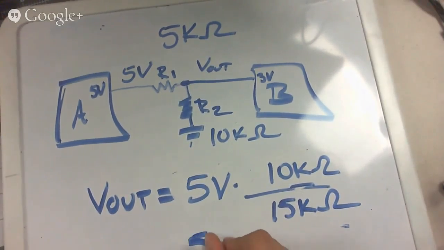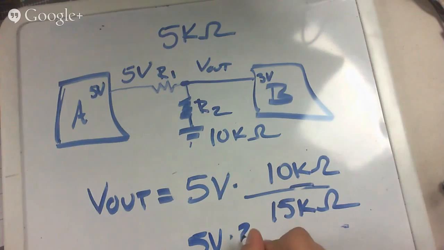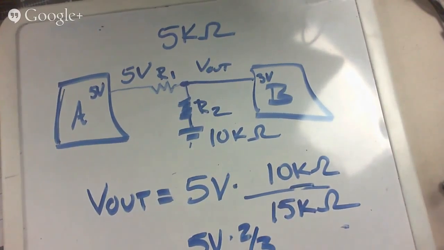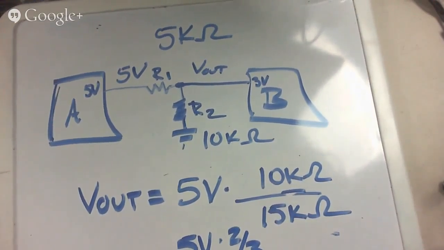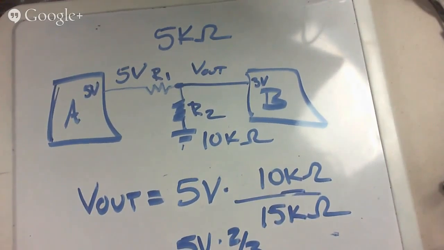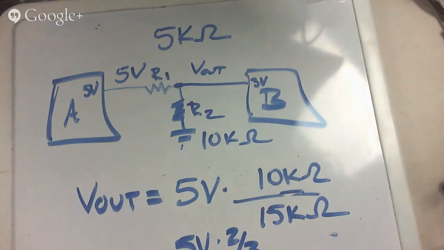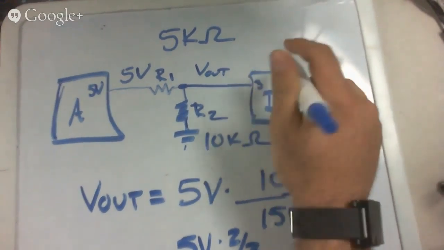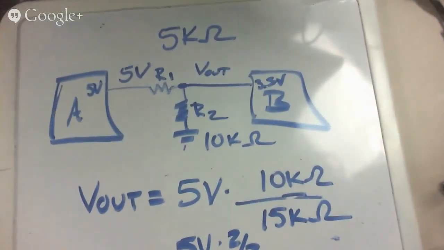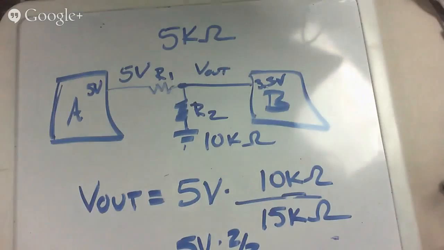So 5 volts times 2/3 equals 3.3 volts. Usually it's 3, it is 3.3 volts, I just shorthanded it. So now I have, thanks to my little voltage divider, a quick and dirty way to